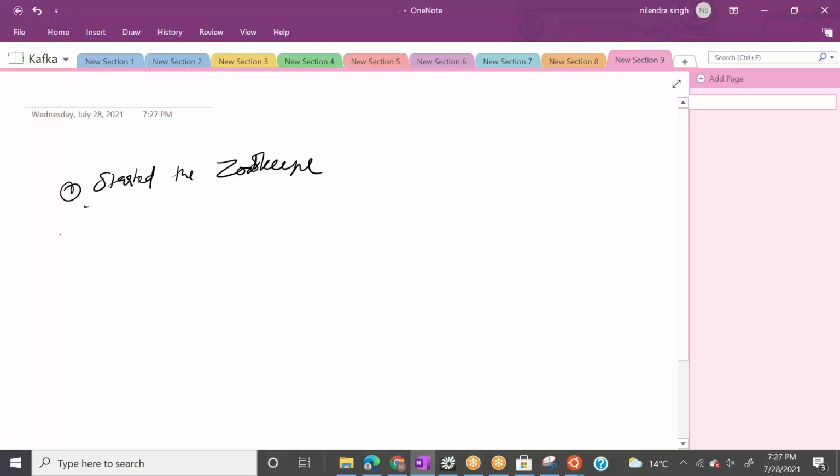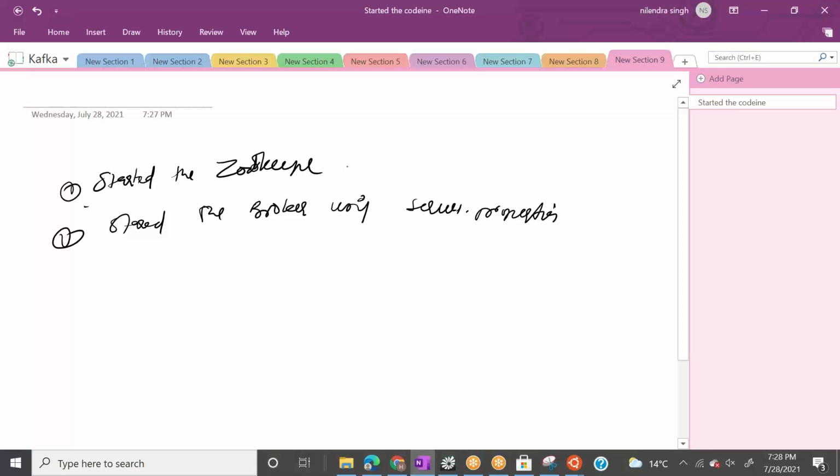Second, I started the broker using the server.properties file. I started the zookeeper using the zookeeper.properties file. So these two are done.